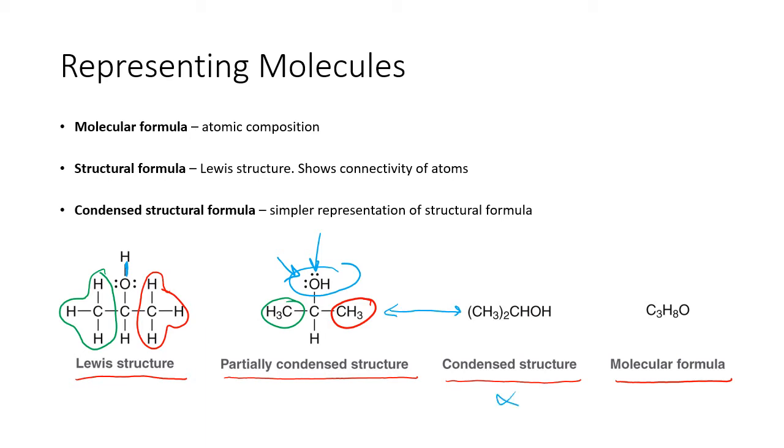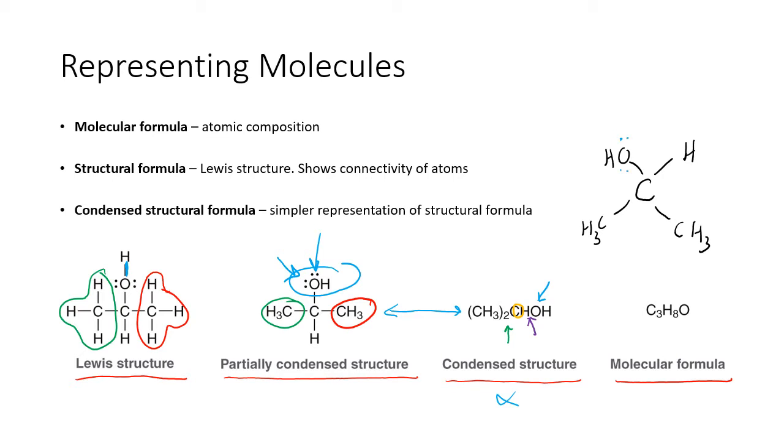How I would start looking at this condensed structure is I'd see on this carbon in the middle right here, there are two CH3 groups on this carbon. So that subscript 2 there tells me there's two CH3 groups. And then there is one hydrogen coming off, and there's also one OH group coming off. So if I was going to convert that back, I'd start with that central carbon, and then I'd draw two CH3 groups coming off, one hydrogen coming off, and then one OH group coming off,